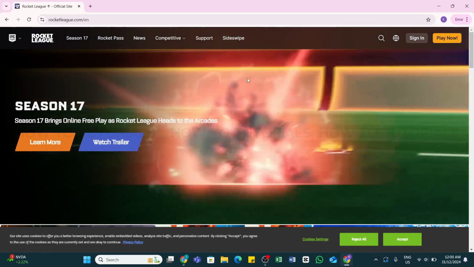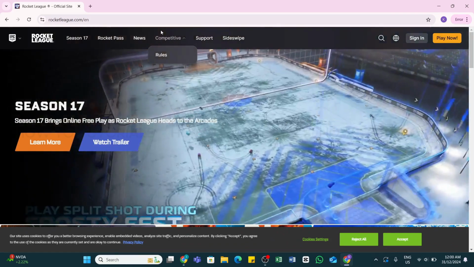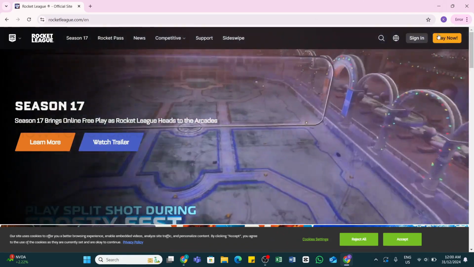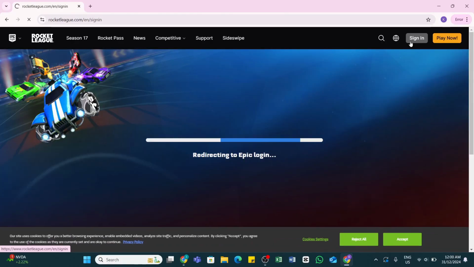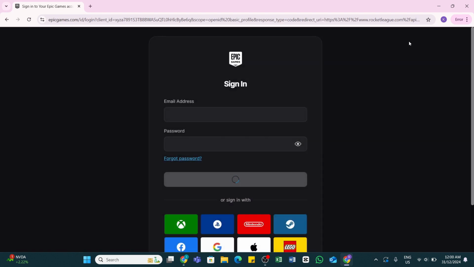Once you reach this page, here at the top right, you'll be able to see the sign in button. Go ahead and click on this sign in button and then you will be redirected to Epic Games. Now here you will be presented with the login interface. Here you will need to enter your email address in the first text box, and after entering your email address,